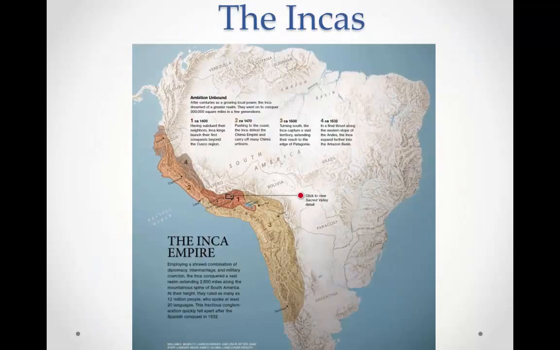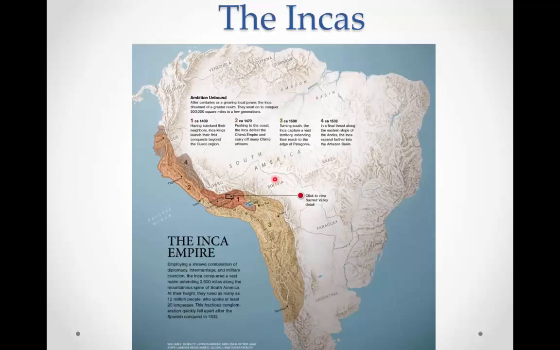We're moving on to the Incas now. The rest of the stuff that you would need to know about the Aztecs and the Conquest, we ultimately looked at in that web quest we did for class. But moving on to the Incas, this is a map of the Incan Empire at the time of the Spanish Conquest in 1532. So their empire extended really a large distance.